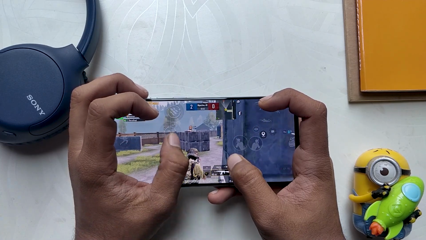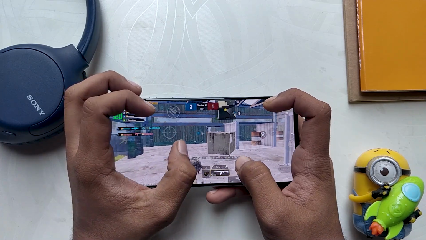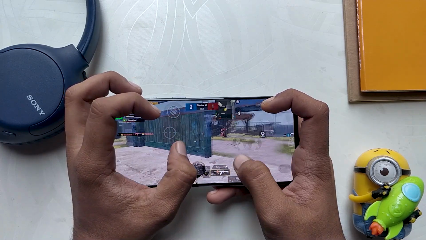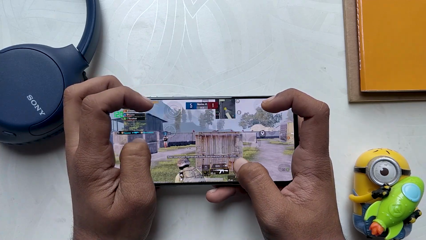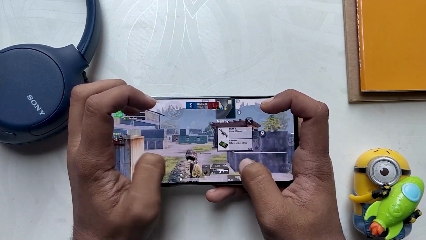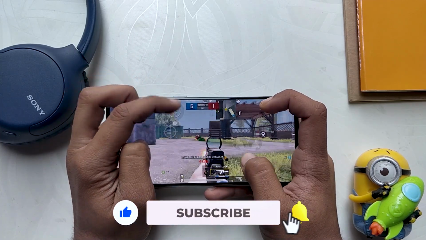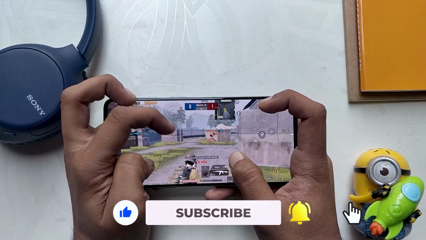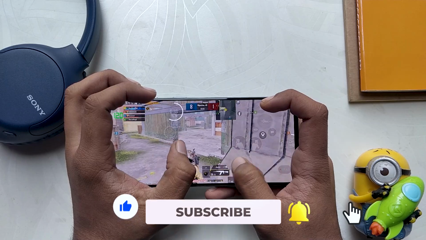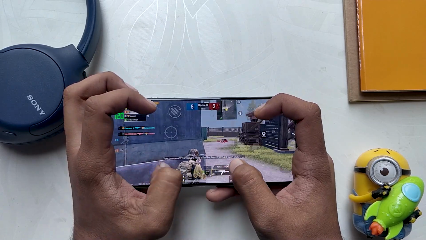It feels more fluid while playing, but you won't feel any difference while watching this video because YouTube only supports 60 FPS videos. So now you can enjoy PUBG in full 90 FPS on your OnePlus 8T. And this trick will also work on the OnePlus 8 Pro. Comment down if you want me to do a full PUBG gameplay video on the 8T. One other thing to notice is that the other apps which used to run at 60 Hz like YouTube will also run at 90 Hz now, so that will also enhance your user experience.